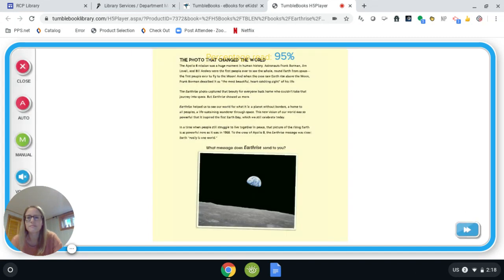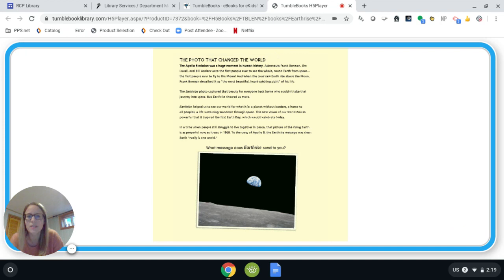The Apollo 8 mission was a huge moment in human history. Astronauts Frank Borman, Jim Lovell, and Bill Anders were the first people ever to see the whole round Earth from space, the first people ever to fly to the moon. And when the crew saw Earth rise above the moon, Frank Borman described it as the most beautiful, heart-catching sight of his life. This Earthrise photo captured that beauty for everyone back home who couldn't take that journey into space,